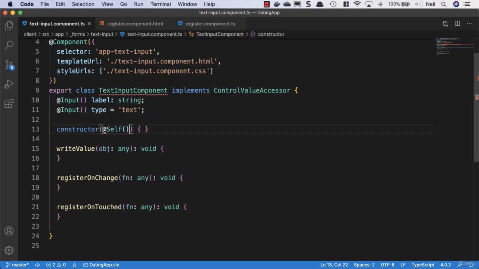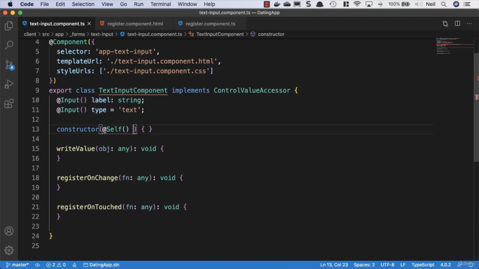Great. But what Angular will do when it's looking at dependency injection, it's going to look inside the hierarchy of things that it can inject. If there's an injector that matches this, that it's already got inside its dependency injection container, then it's going to attempt to reuse that one. We don't want that to happen for this. We want our text input components to be self-contained, and we don't want Angular to try and fetch us another instance of what we're doing here. We always want this to be self-contained, and this decorator ensures that Angular will always inject what we're doing here